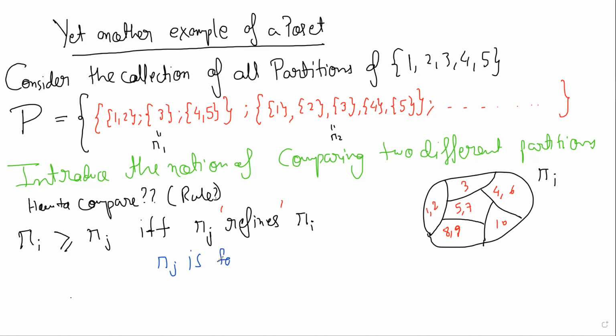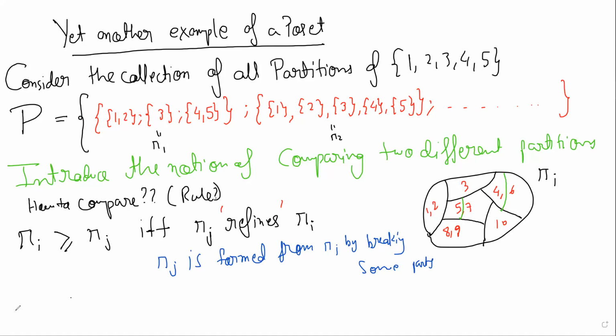That's roughly what it means. So pi j is formed, and it's another view of partitions which is incredibly useful. Pi j is formed from pi i by breaking some pieces further. Partition of a partition is a very good way to say it. So pi j is a partition of pi i, you could say. For example, you could take this pi i and add a few more lines where it's possible, something like this maybe, and this becomes pi j.